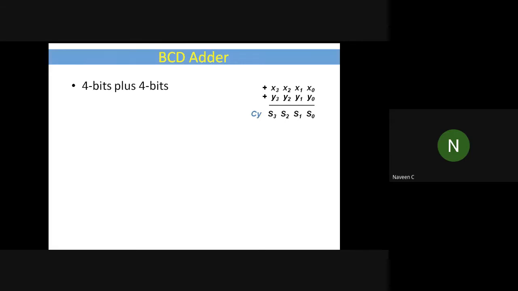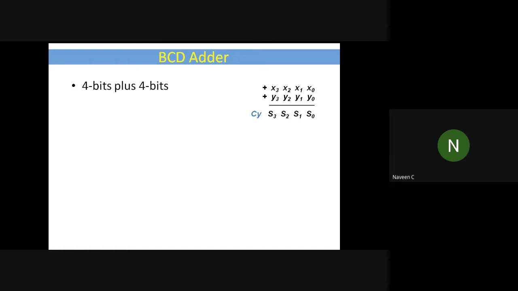Full form of BCD is binary coded decimal. Generally, this BCD is useful in many electronics applications where you want to represent decimal numbers directly. So there are so many advantages with BCD when compared to other forms. Generally, we will represent using the